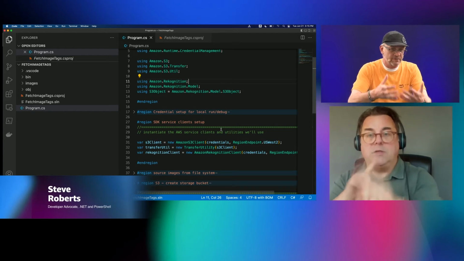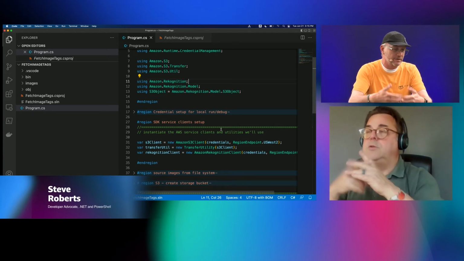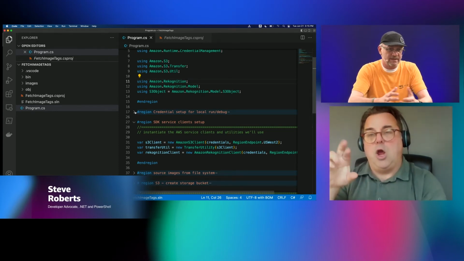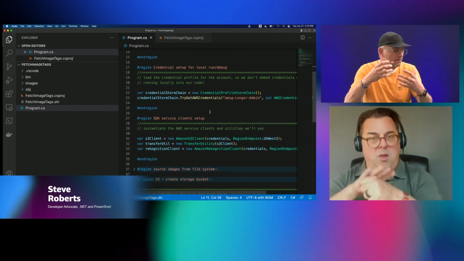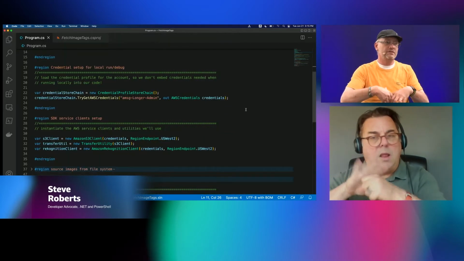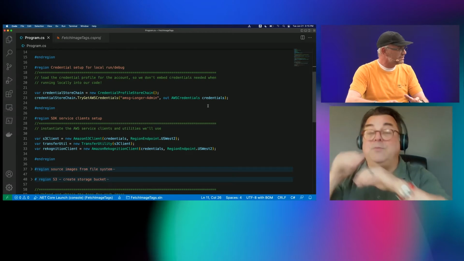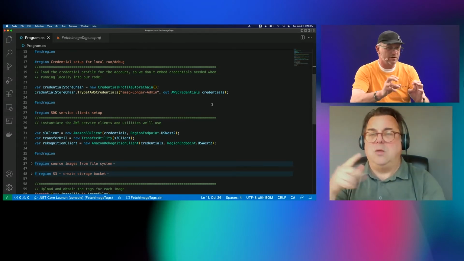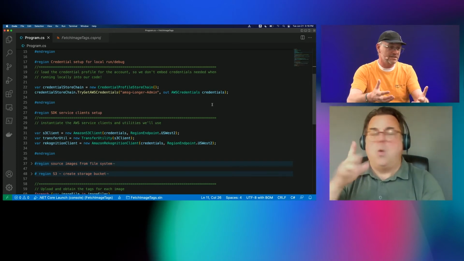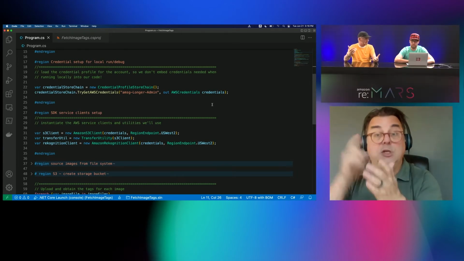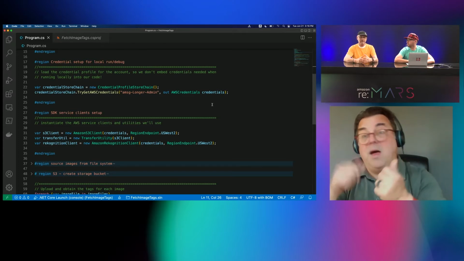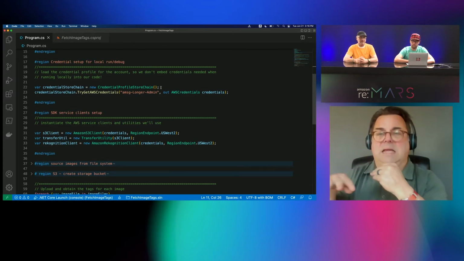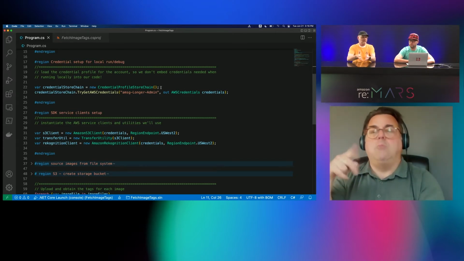But before we can get started, we need some credentials, right? We're going to run this locally. Now this is something you would only do locally on your machine. If you deploy to the cloud, you don't put credentials in your code. We're using a credential profile, so we're safe. If we ever checked it into GitHub or some other public repo and forgot about it, we'd have a leak. So we use credential profiles that are stored elsewhere on our machine, and we just reference them in the SDK client.